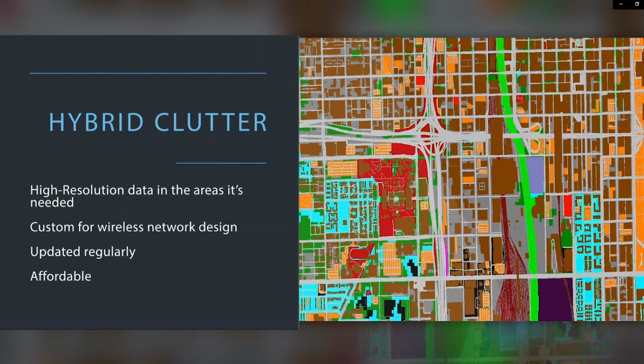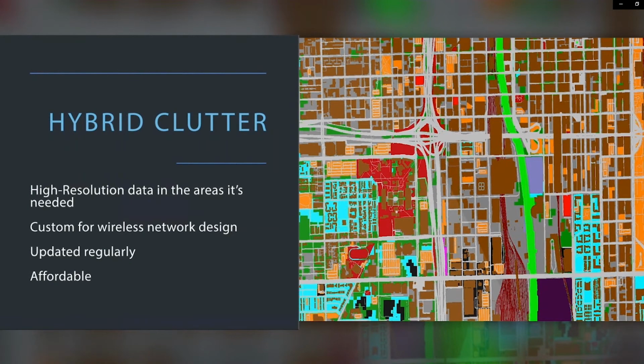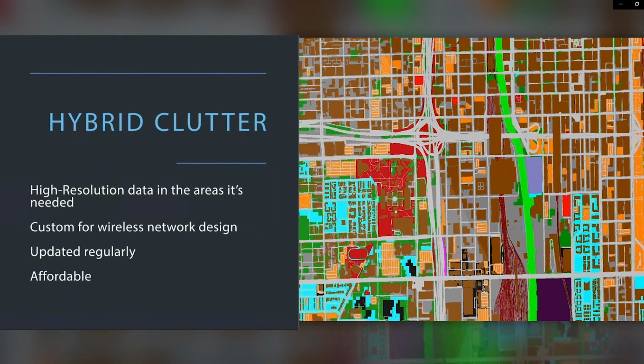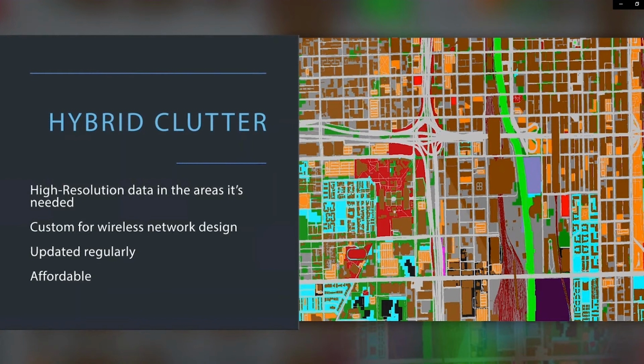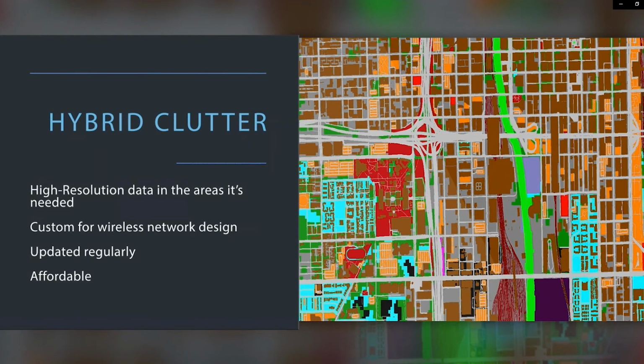Because if you were to purchase 1 meter resolution databases today, it can get extraordinarily costly. The paradox is if you purchase one of these costly databases, they may not even provide that much value for a large chunk of the service area. Because if you have a rural environment with large fields and such, there's just no value in having a 1 meter database over a 30 meter. In fact, in many areas, you may not even see any difference in the databases at all. Another huge value of the hybrid data is it's updated regularly, so you always have the most current information available. This is in contrast to purchasing a costly database and running the risk of having it be outdated in a couple of years if an area gets heavily developed.